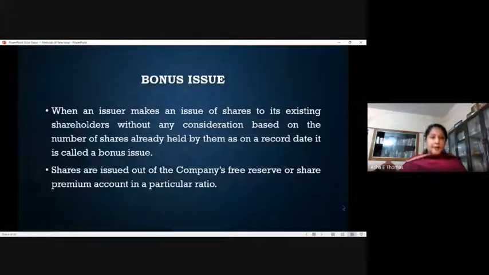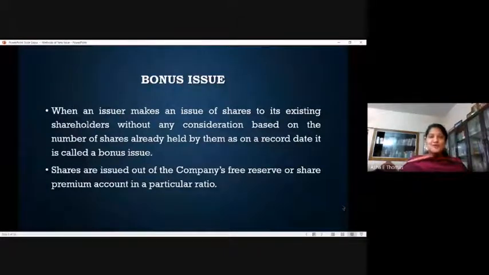But a company, instead of issuing the dividend in cash, can think of issuing that in kind. When does a company think like this? Maybe the company is having further development or growth opportunities, and the company would like to capitalize on that. They don't want to distribute the earnings as such. They want to retain it with them so that it can be used for the further development process. Then the company would be thinking about going with bonus issue.